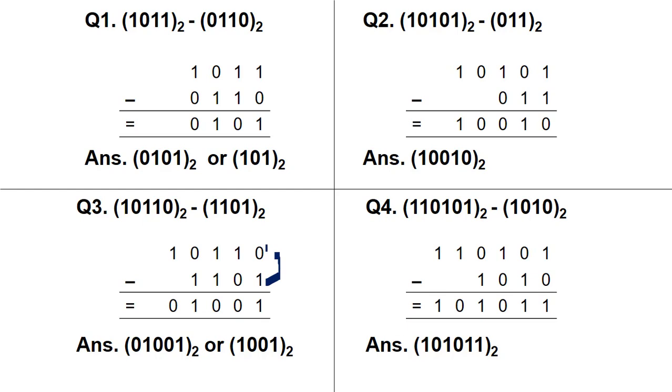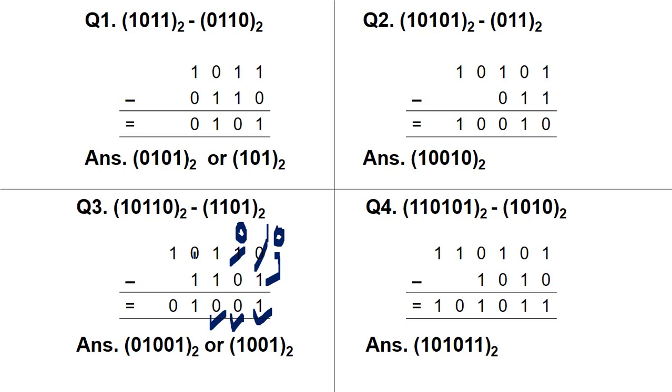So in the first step we have 0 minus 1. For the 0 minus 1, we have to take a borrow from this 1. So this 1 will be converted to 0, and the 0 will be converted to 1, 0. Then from this 1, 0 we have to subtract 1. Our answer will be 1. Then next we have 0 minus 0. It will produce a result as 0. In the next step we have 1 minus 1. The result will be 0.